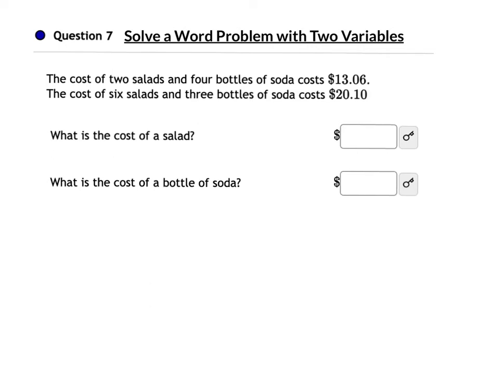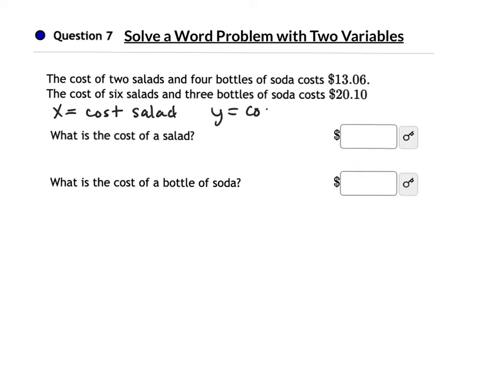Question 7. The cost of 2 salads and 4 bottles of soda is $13.06. The cost of 6 salads and 3 bottles of soda costs $20.10. What is the cost of a salad and what is the cost of a bottle of soda? I need x and y to be the cost of a salad and the cost of a soda. Let x be the cost of the salad,